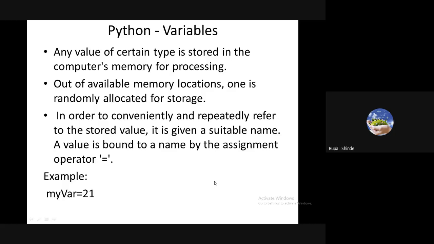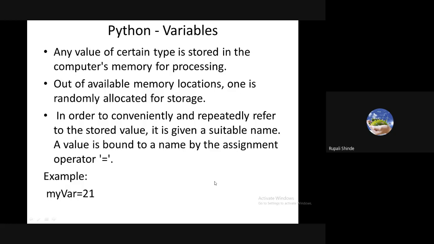In order to conveniently and rapidly refer to the stored value, it is given a suitable name. A value is bound to a name by the assignment operator. Suppose I want to assign some value to the variable, simply we use the assignment operator. In all languages, and in Python also, we use the assignment operator. By using that, we can assign the value to the variable.